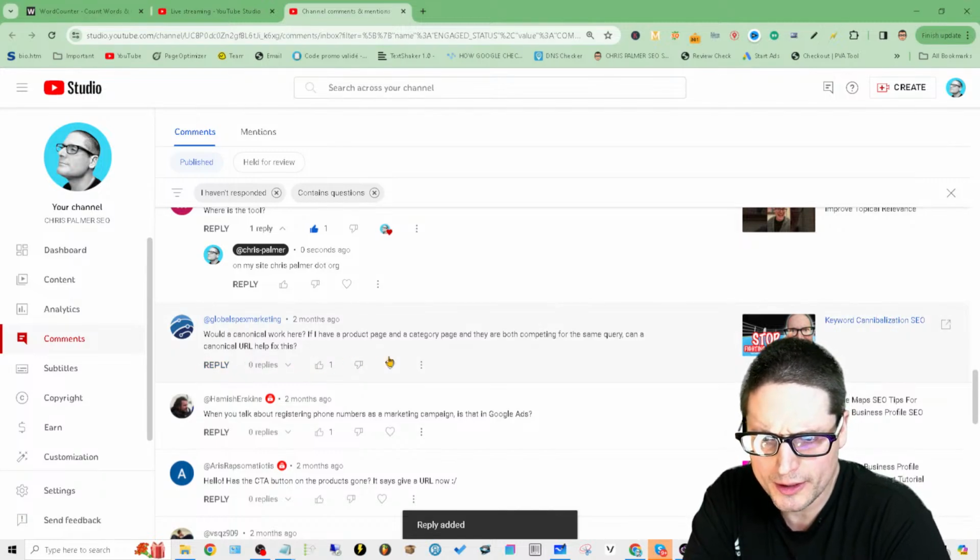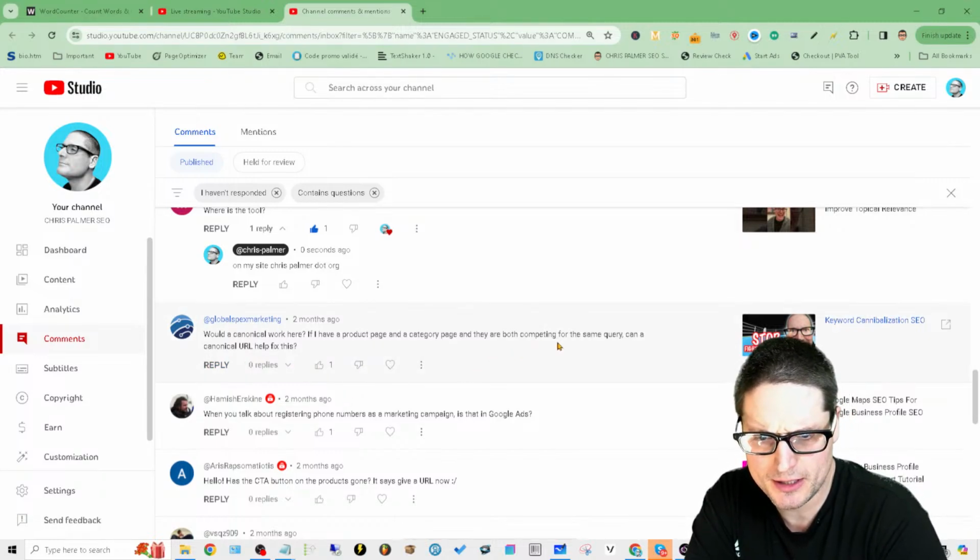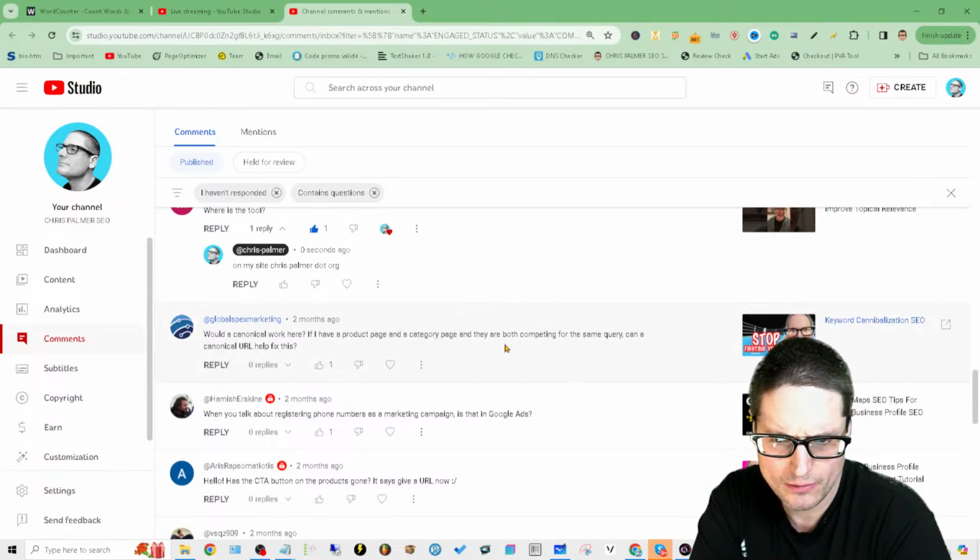Would a canonical work here if you have a product page and category page that are both competing for the same query? Can a canonical URL